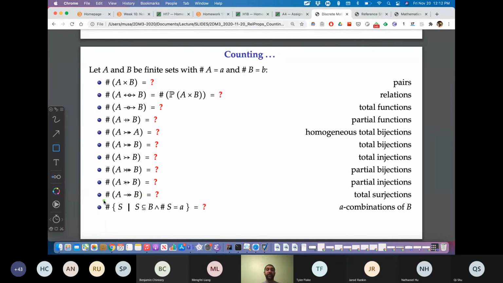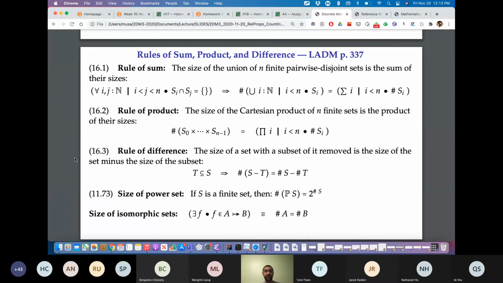And we're going to talk about why it's 2 to the power of n and how you can prove it. We've mentioned combinatorics before, and we said n choose r, and the permutations of n and r. Now that we have sets and cardinality, we can prove that these numbers, which we claimed denoted the number of permutations in a line, or the number of subsets S of size r. Well, now we can prove it, now that we have the language for it. Okay, so this is chapter 16.